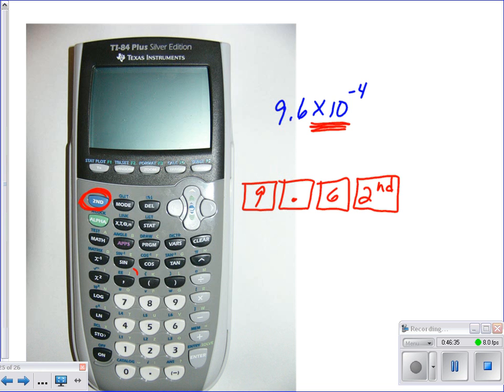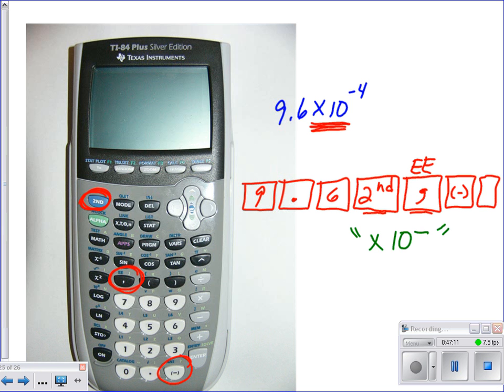Then I'm going to hit this key right here, which if you look at the second function, it says EE, that's exponents. So second function makes it go to the EE. By doing that, that's like saying times 10 to the, and then our last thing we would say, since it's negative 4, you're going to find your negative button, which is right here,